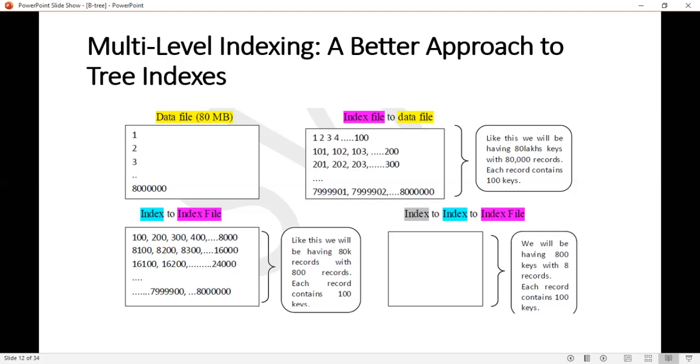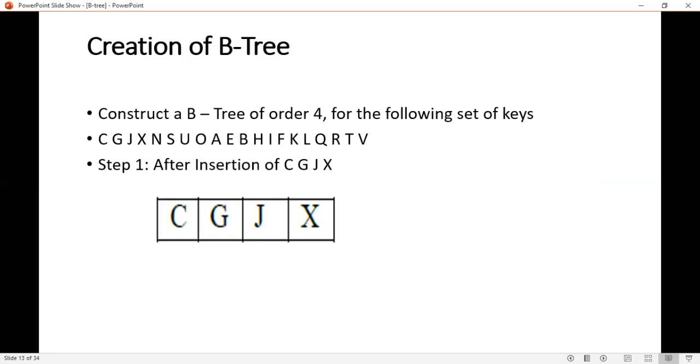Okay, so an ideal solution would be one that combines the advantages of all the previous solutions we discussed. That solution is the B tree. Okay, B trees are built upward from the bottom, that is, it is a bottom-up approach, and B trees are multi-level indexes that solve the problem of linear cost of insertion and deletion. Now we will see how to construct a B tree.